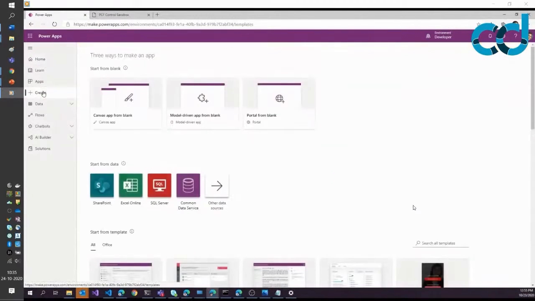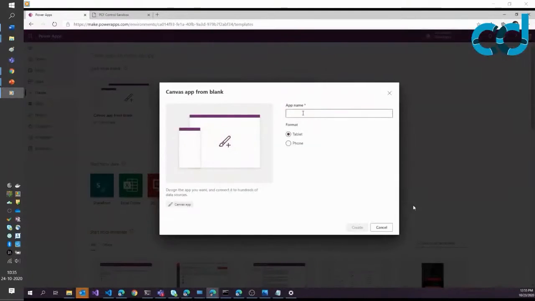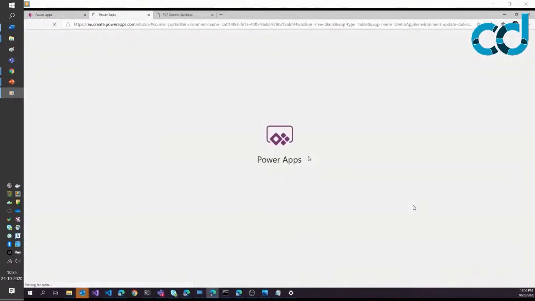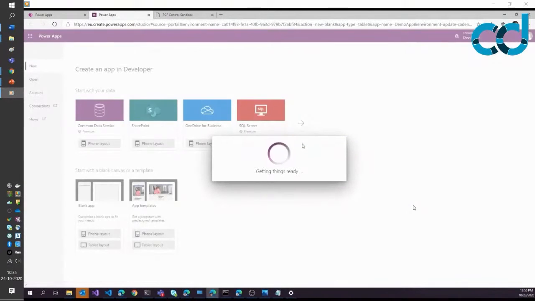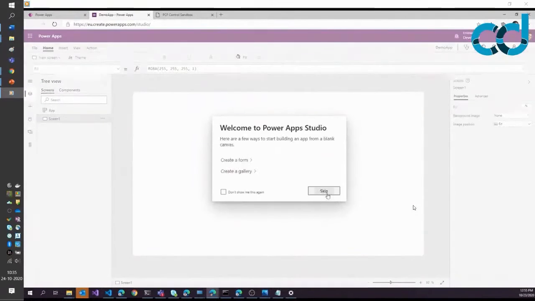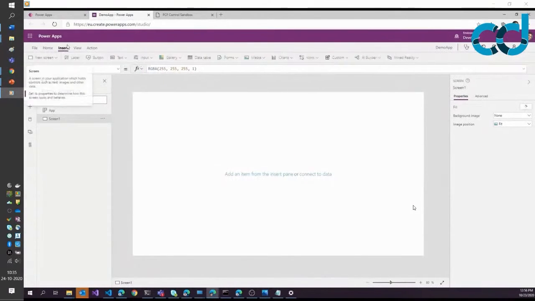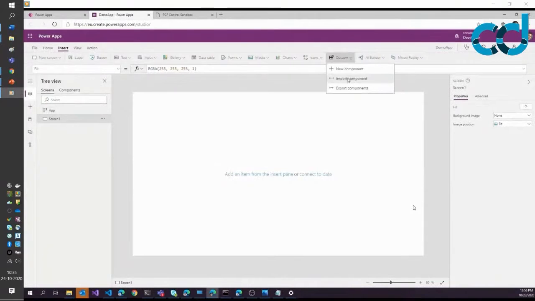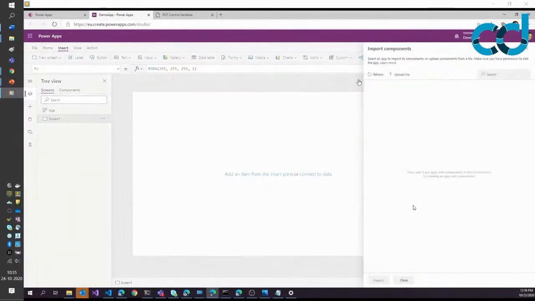Once it's published, here in Make Automate, we can create a new Canvas app. Again, for Canvas app, you need to choose whether it's a tablet or a phone. And then in my Canvas app, I can go to my components and make them available in my gallery. So I insert, go to custom components, import the components.